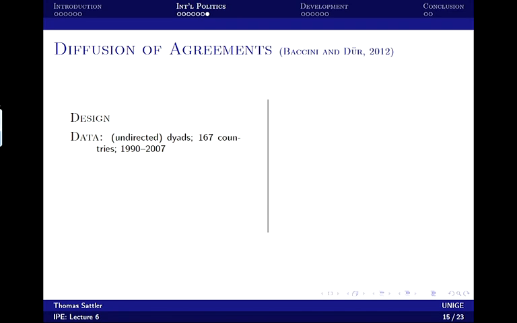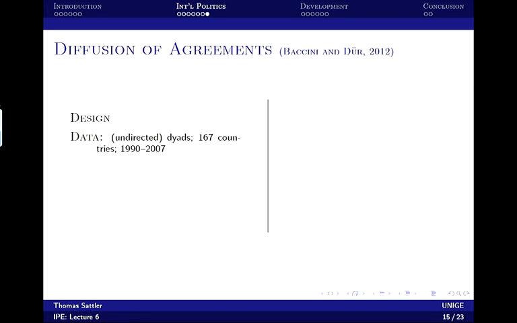What is the independent variable? Yes? So that's still what we have as dependent variable. So that's what we want to explain at the end of the period. But what's true is that the independent variable is the preferential trade agreement that those countries signed with other countries. So the dependent variable here is whether the EU and Mexico have an agreement. And the independent variable is whether Mexico has an agreement with another country and whether the EU has an agreement